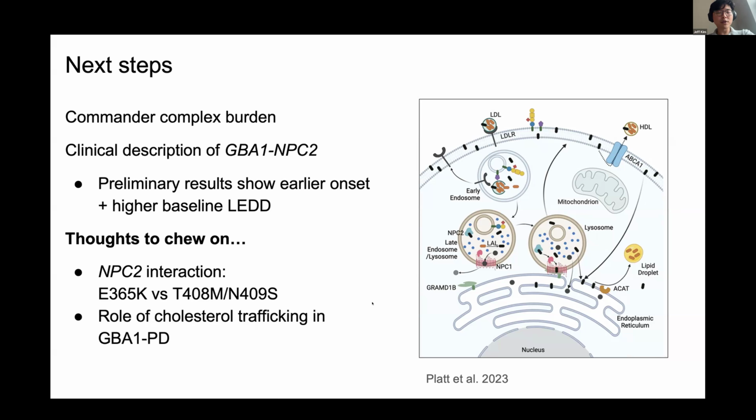And we're also looking at the potential clinical descriptions of these double carriers of GBA and MPC2, and preliminary results are showing earlier onset and higher baseline levodopa requirement. There are a few thoughts to chew on that are really interesting. There's multiple evidence in the literature now that shows that E326K is kind of unique, whether it be lipid droplets or the result from Denali showing that E326K has changes in binding with LIMP2. And this is another evidence to show that maybe E326K really is unique and confers risk to Parkinson's disease